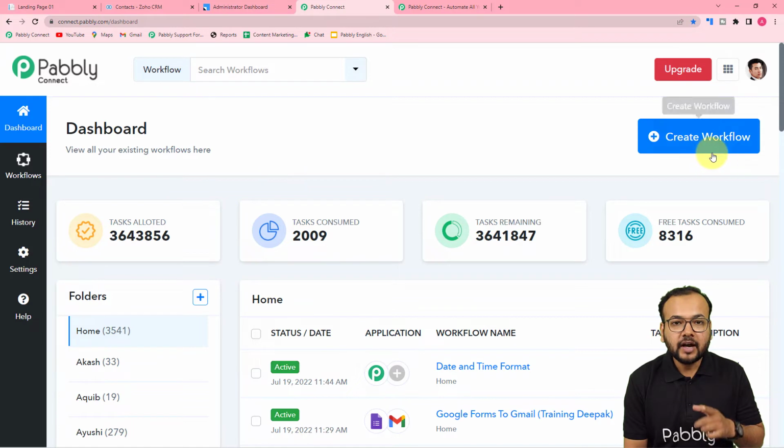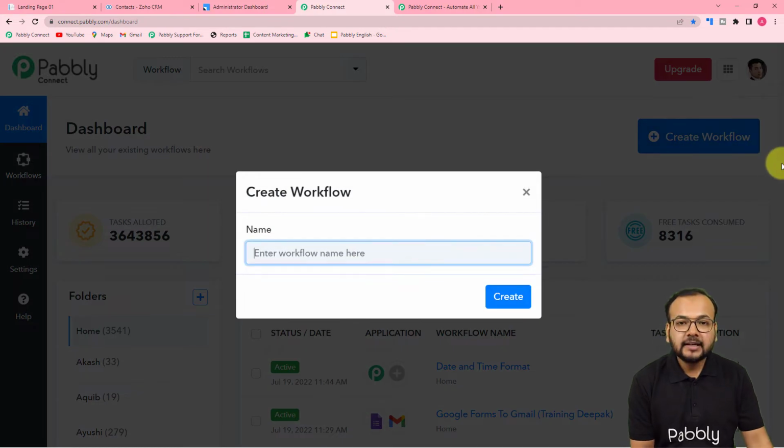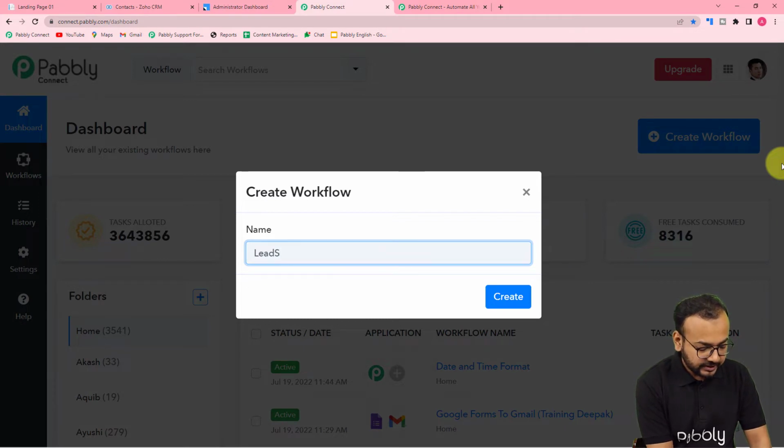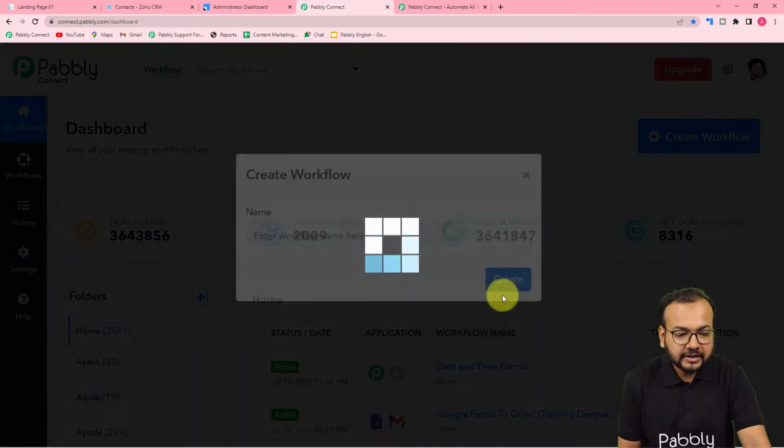And from here you have to create a workflow of automation. For that, we have this create workflow button. You just have to click on it, and here you can give a proper name to this workflow. So here I am giving the name as LeadSquared to Zoho CRM integration. After giving the name like this, you just have to click on this create button,